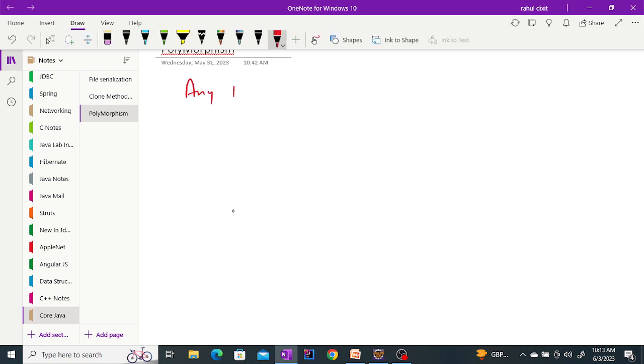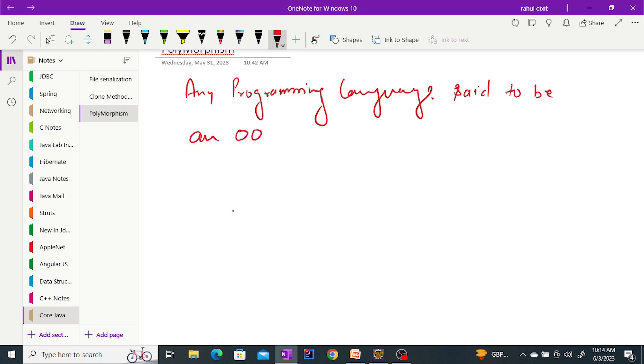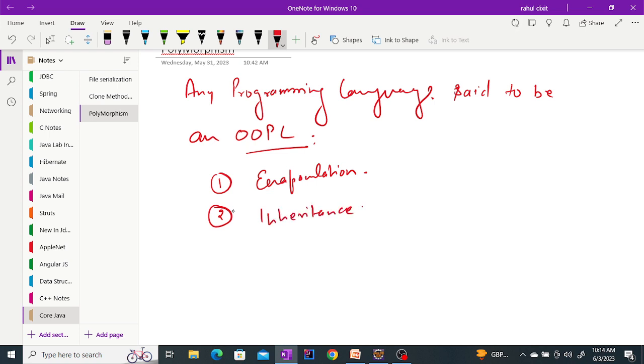Any programming language is said to be an object-oriented programming language when it follows these properties. What are those? The first one is encapsulation, the second one is inheritance, the third one is polymorphism, the fourth one is abstraction, and the fifth one is